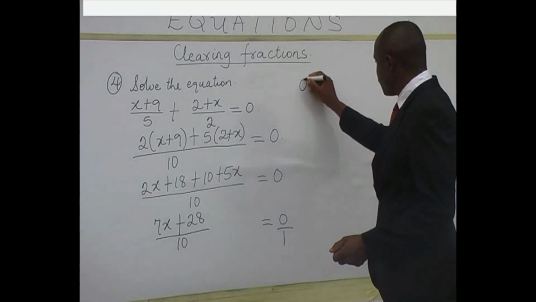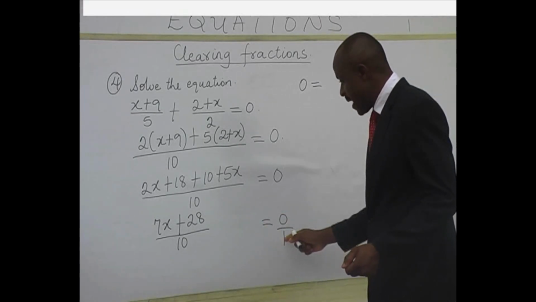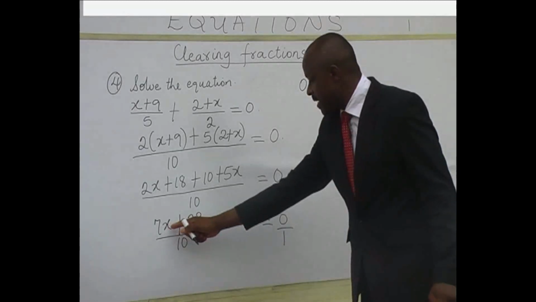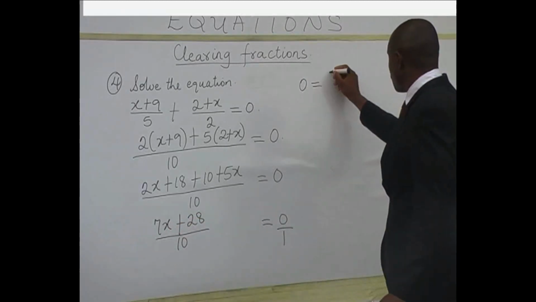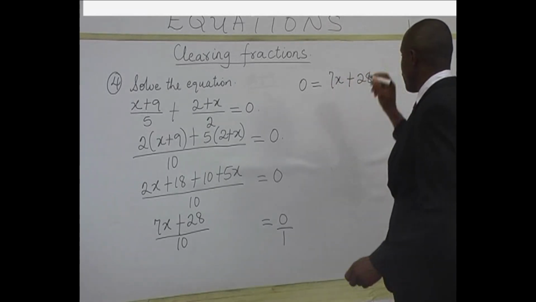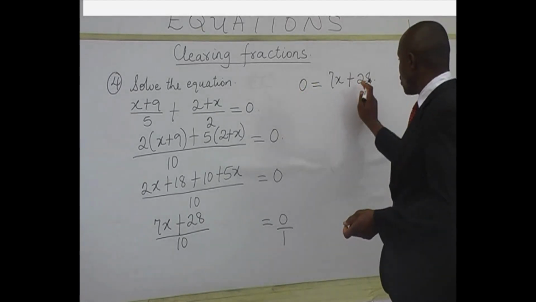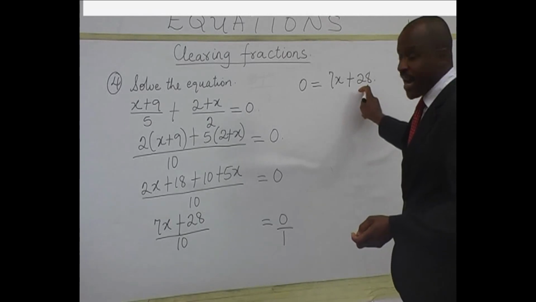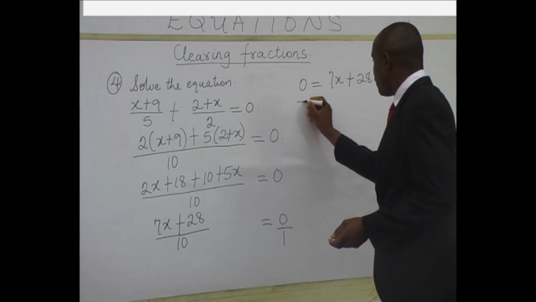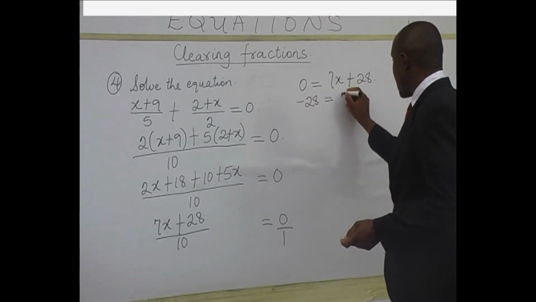So you have 0 is now equal to anything times 1 is that thing. That means 7x plus 28 times 1 will give you 7x plus 28. So you're going to have 7x plus 28. Now subtract both sides of the equation by 28. If you do that, you will eliminate 28 from the right hand side of the equation. So you're going to have minus 28 in the left hand side of the equation,